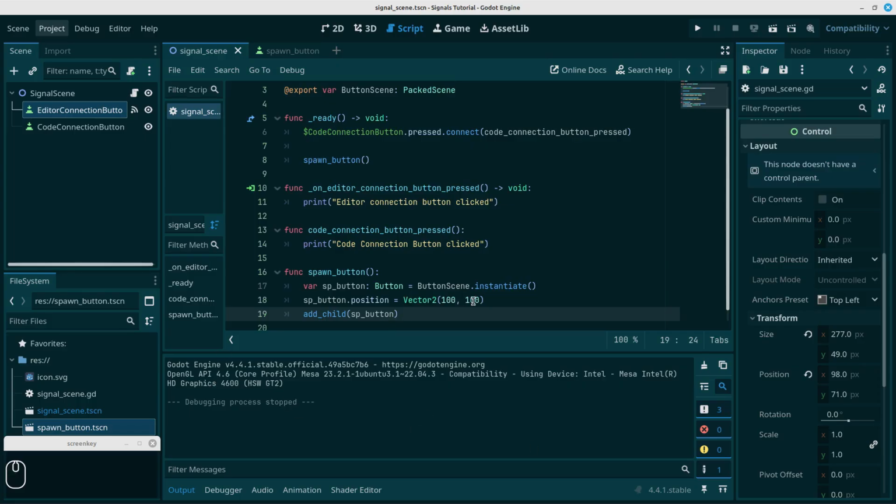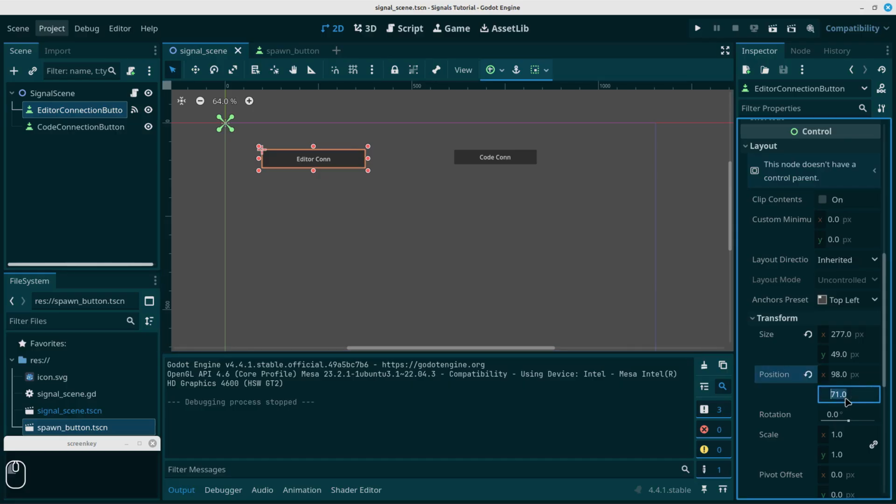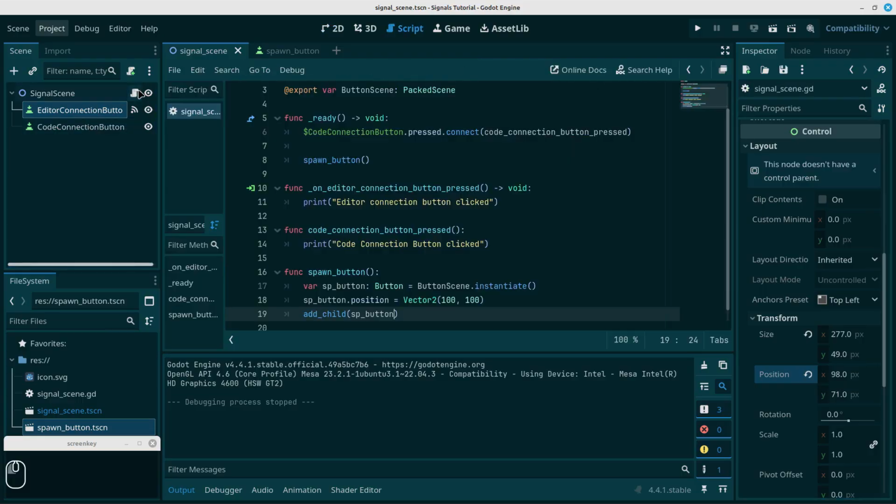I must have made some sort of miscalculation. Oh, that's why. We have the Y position, but I forgot to take into consideration that the button has height as well. So let's just put it at 150 for the spawn button. So let's go back to the code, and we'll make the Y value 150, and that should be fine. Run this again,